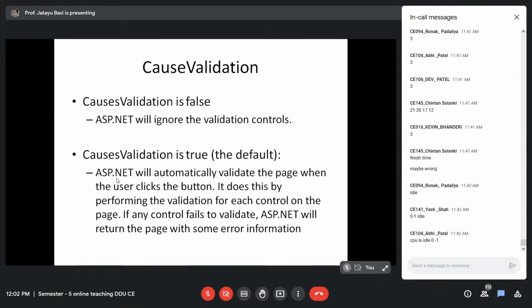So it will check each and every control and see if any validator is associated with that control or not. And if yes, then it will validate it. And if there is any validator which fails to validate, it means the validation is not successful, then ASP.NET will return the page with some error information. Okay. So this is the job of the pause validation property, which is used by the button.